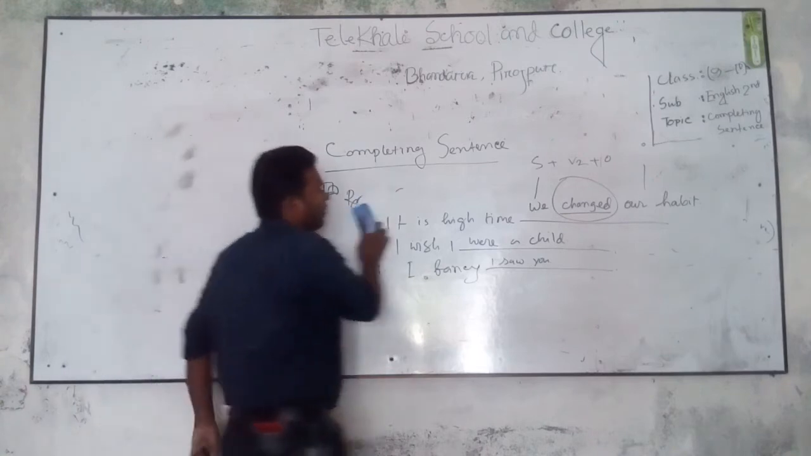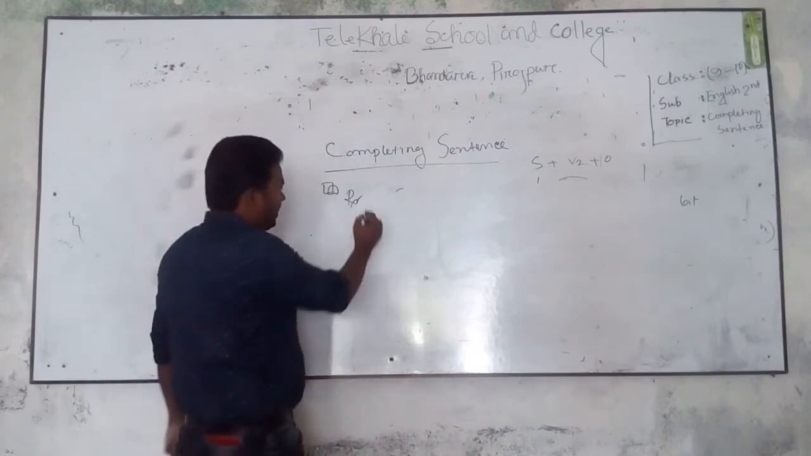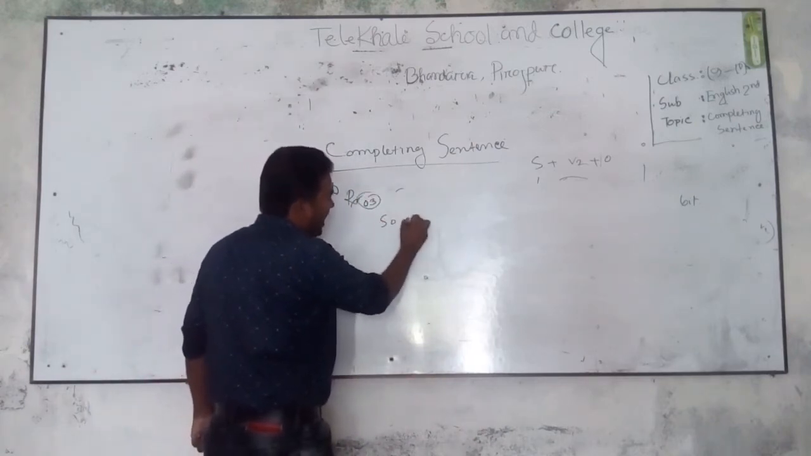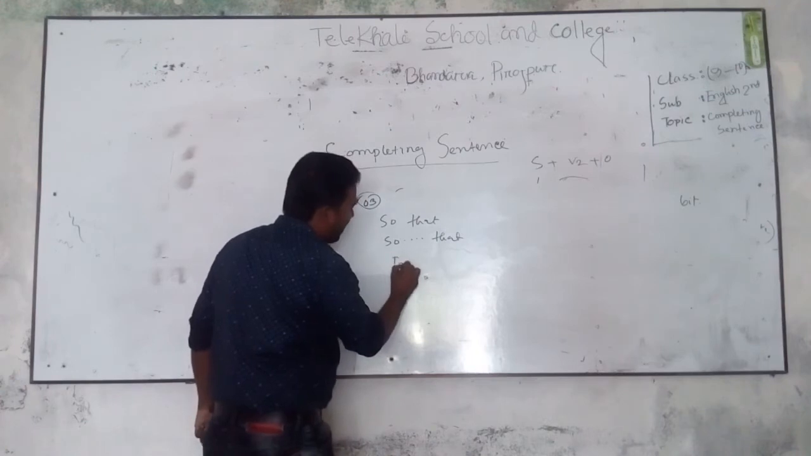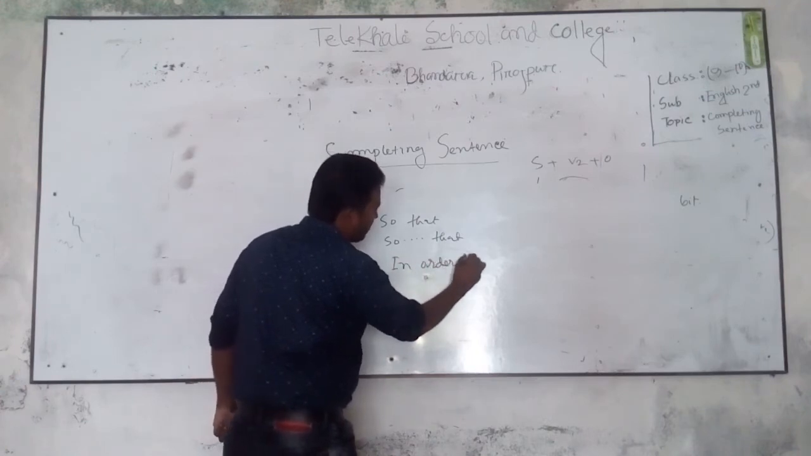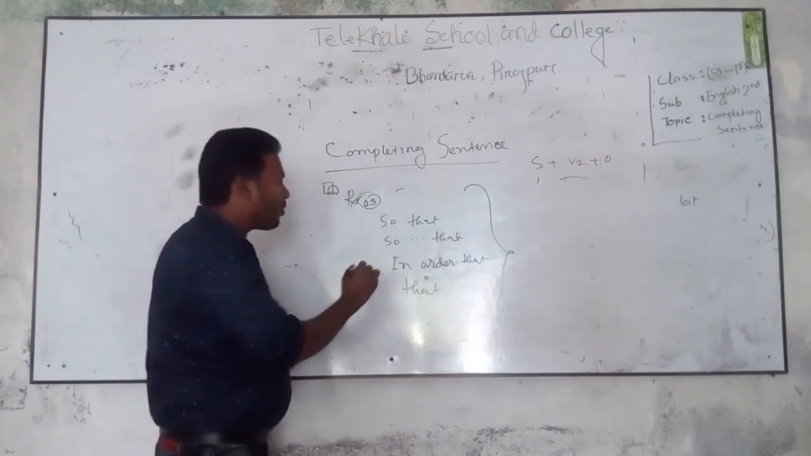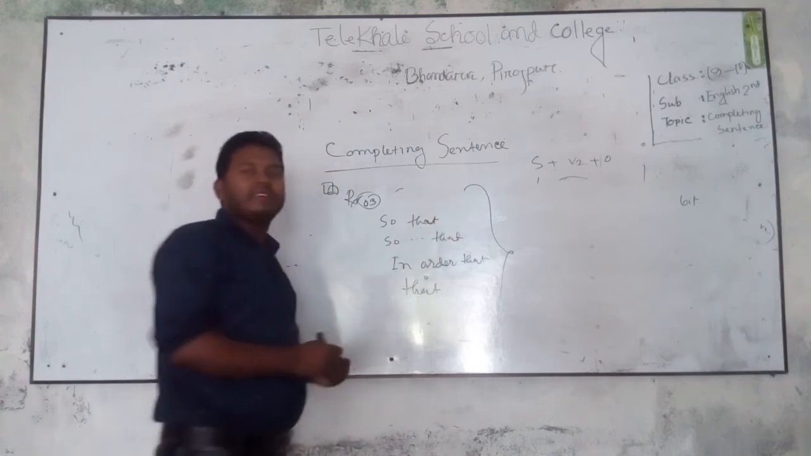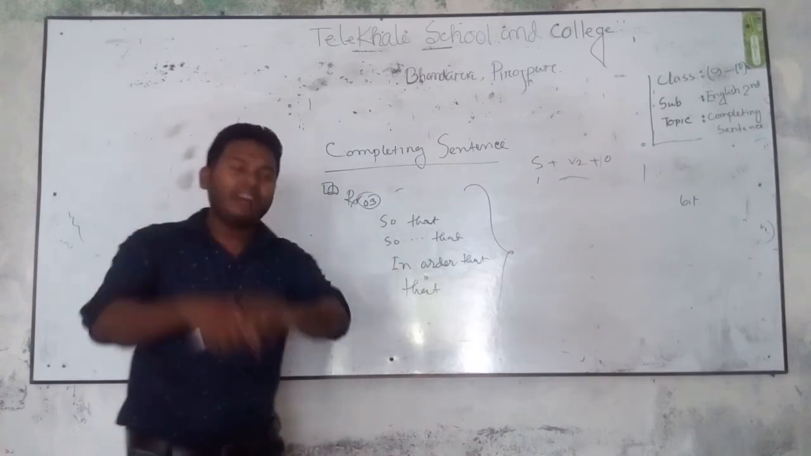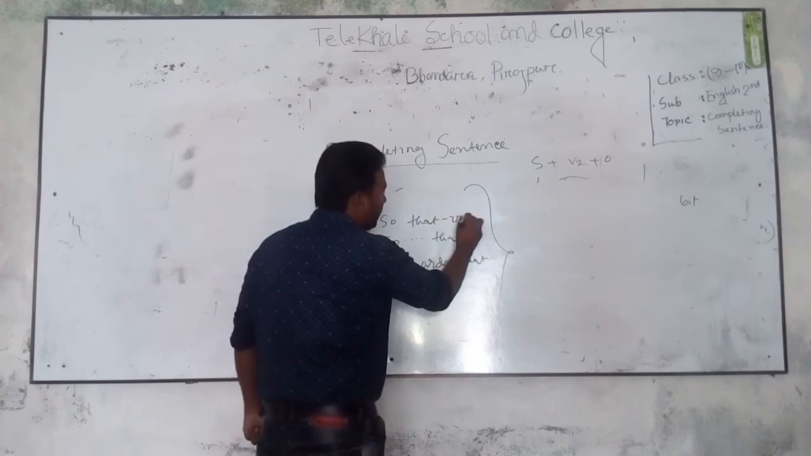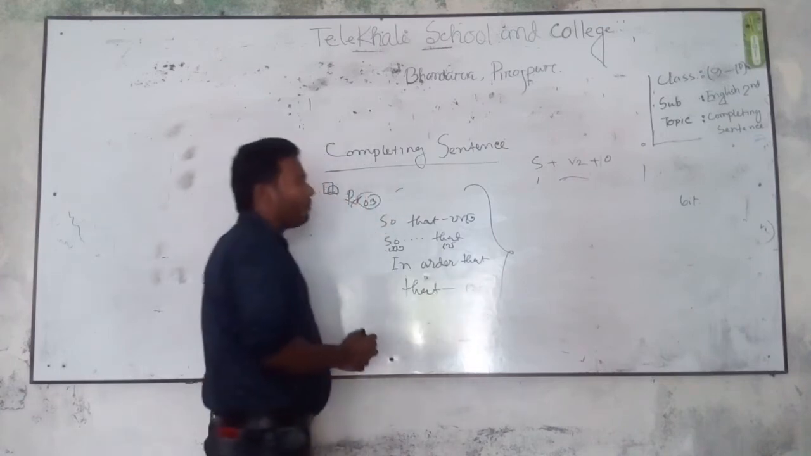Rule 3. So that, in order that, or that. Students, you can see that so that. What does it indicate? It indicates a period of time. যাতে, এত যে, এটা হলো যে। So